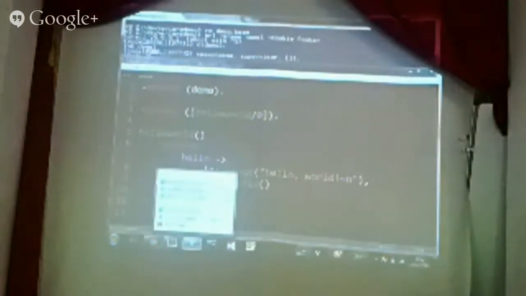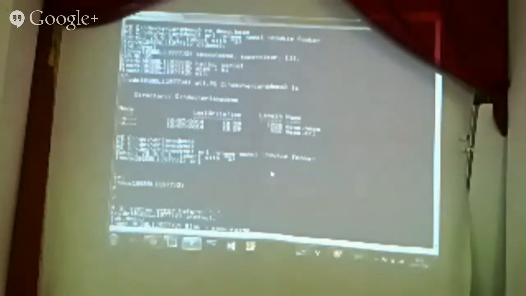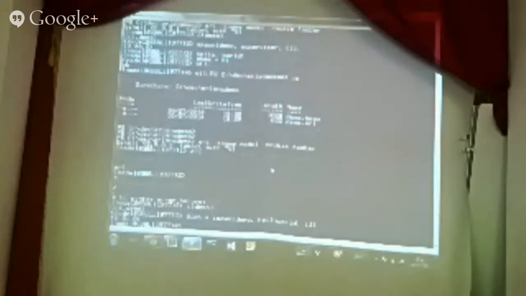So I need to create a process to run that function now. So I can just do that with, in fact, Pid equals spawn demo, hello world. So that's the module name, the function name, any arguments you need to pass. There we go. And that little return value is a process ID for my process now. So there we go. We've got a process running that function. It's just sat there looking in its message box, but no one's talking to it.